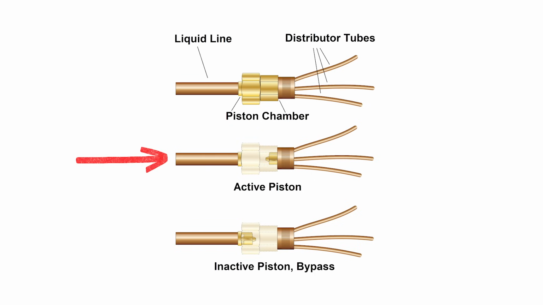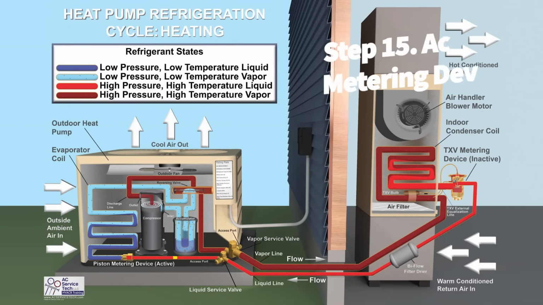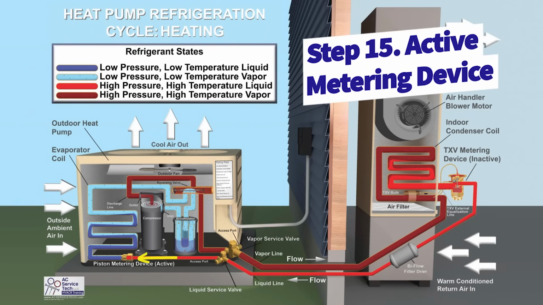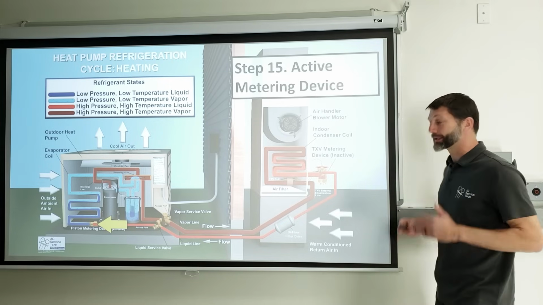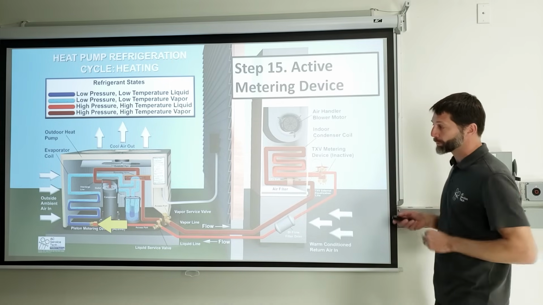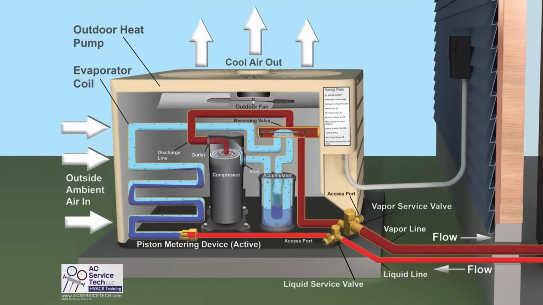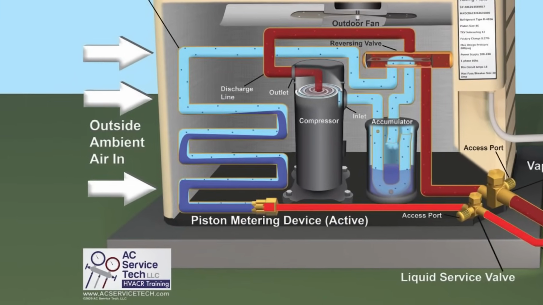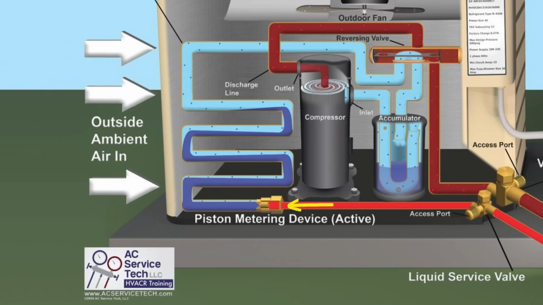In this case, you see the piston metering device is downstream of the liquid line service valve. Sometimes it's right in the nut in the front of the liquid line service valve. So you've got to remember that if you're attaching your gauge set or your test probes. And so this piston metering device is inside the outdoor unit after the liquid line service valve, and it's going